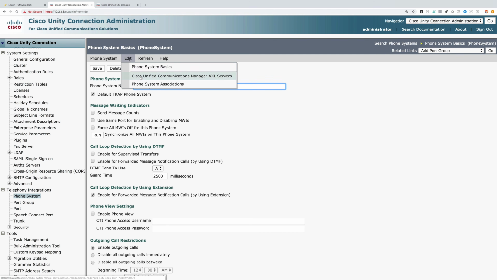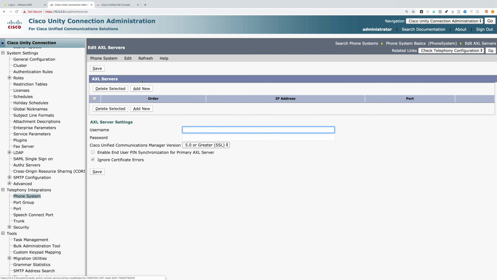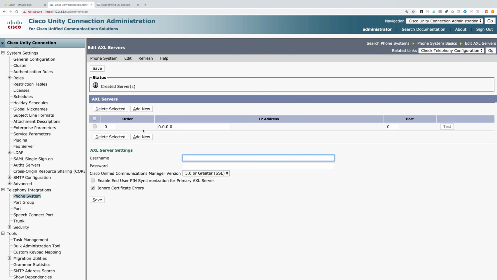We'll say Edit. And I'll select Cisco Unified Communications Manager AXL servers. And let's add a new server, and it is 10.3.3.1. And it's going to be communicating on the HTTPS port of 443. And we could define more than one server, and we could set the order here. When we connect with that server, I'm going to be logging in the background with a username of